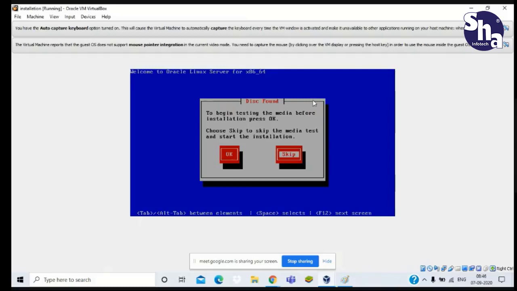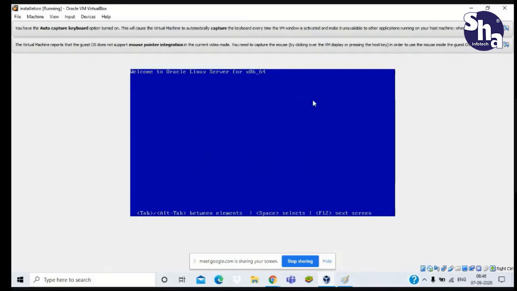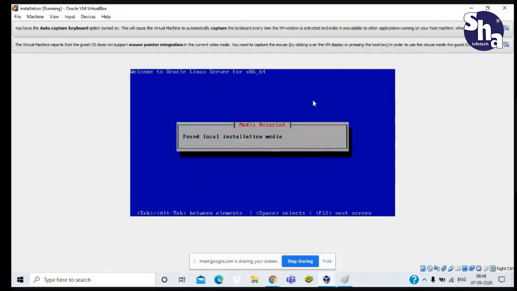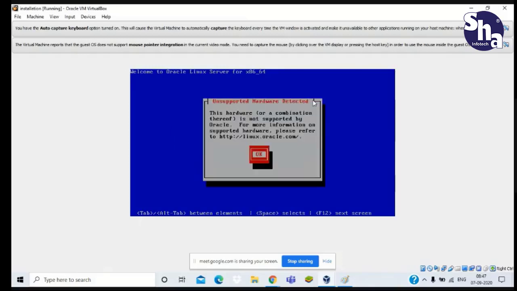We just have to skip it and start our installation. So the next step is to skip. Just press enter and the side arrow key for skipping it. Now there is only one option, so we have no choice and have to click OK.